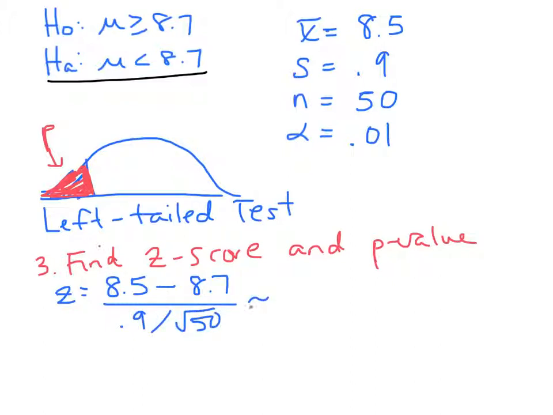Okay, so if you do this, you just have to be very careful how you're putting it into the calculator. You should get about negative 1.57. So that means this value right here is negative 1.57. Now I need to find the area to the left of that. I can do that one of two ways. I use the table, which gives me the area to the left, so I wouldn't even have to do the complement. Or I use the calculator and go normal CDF